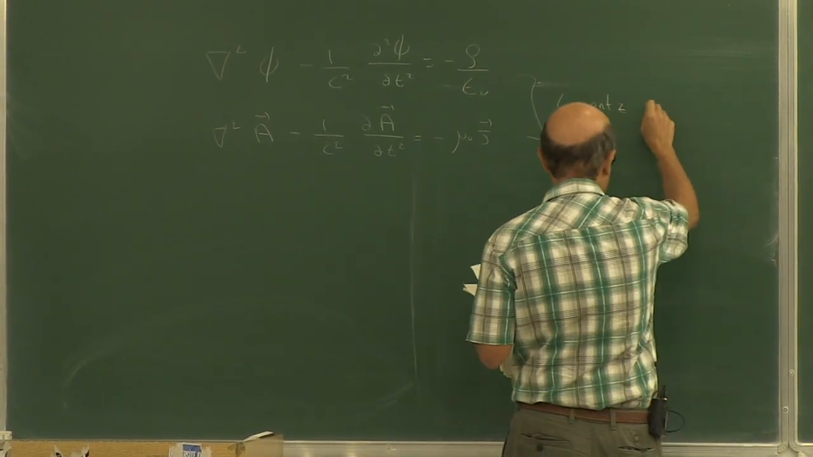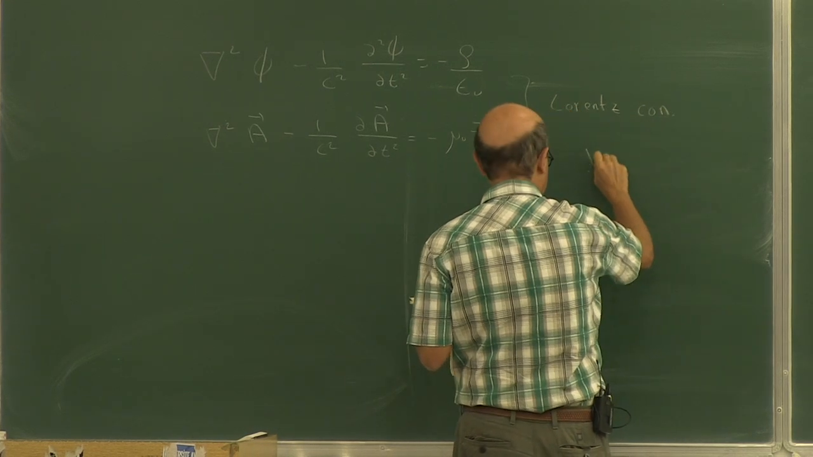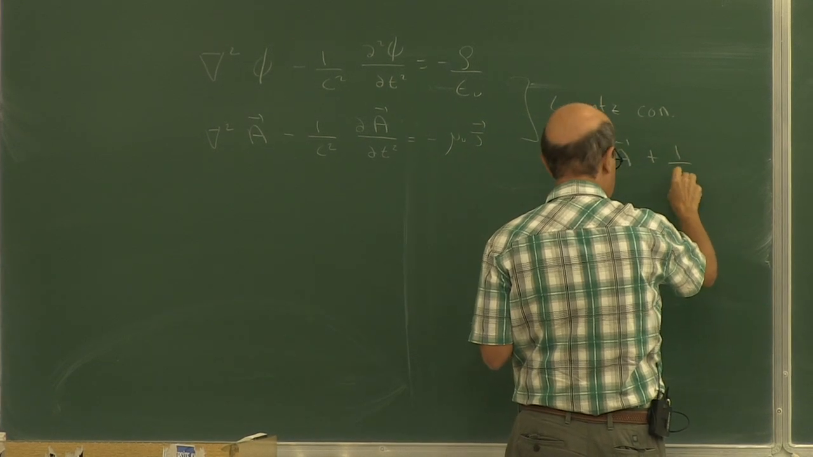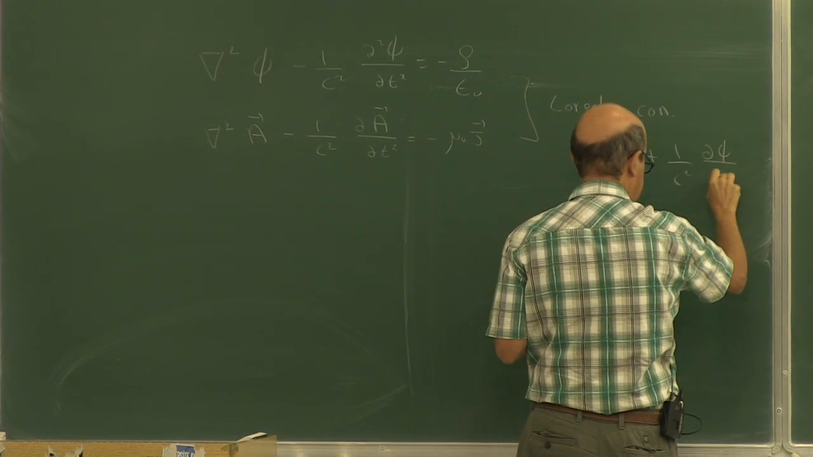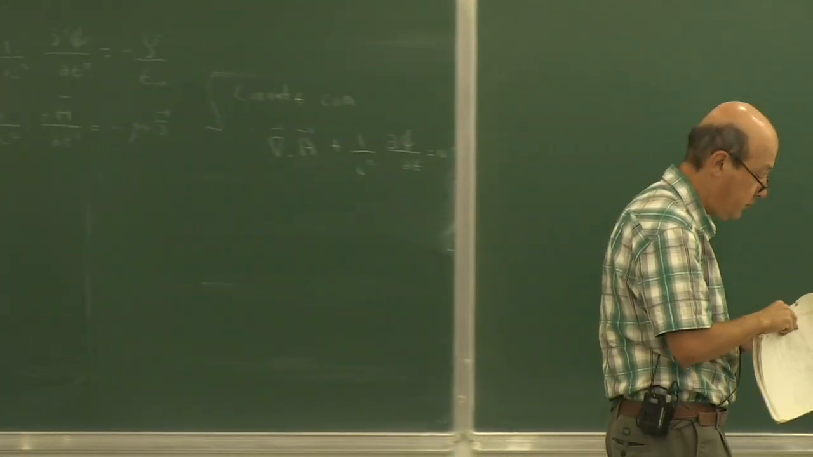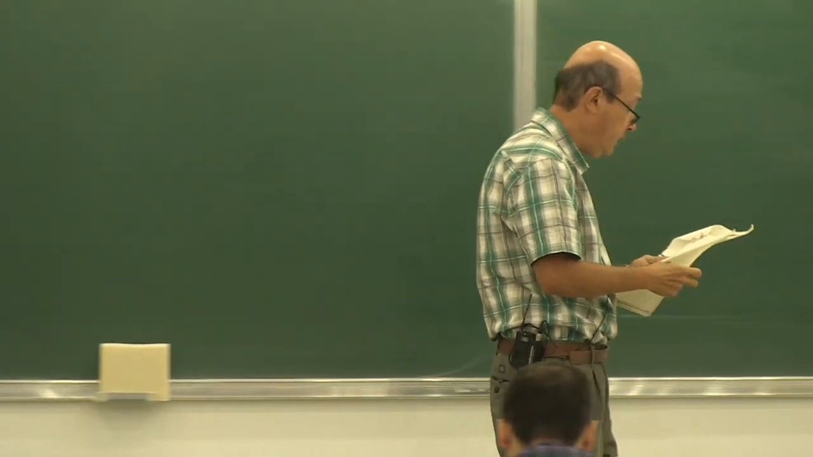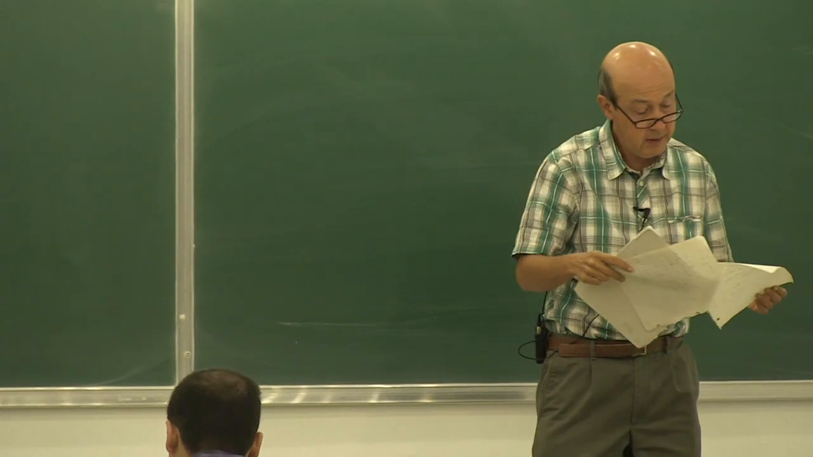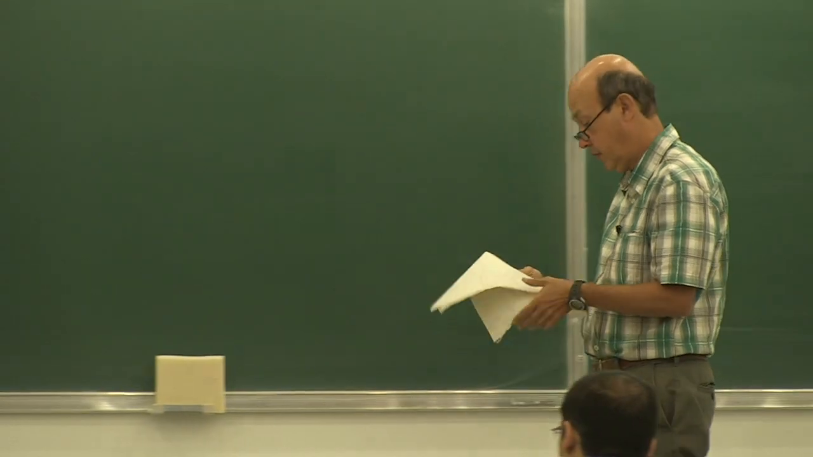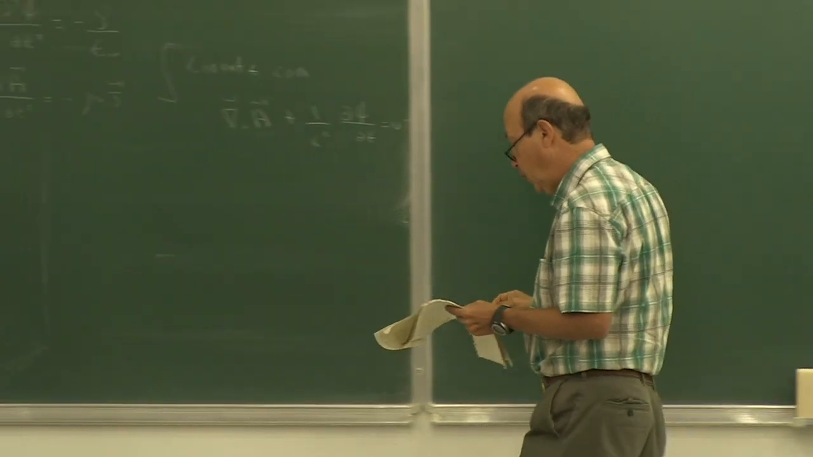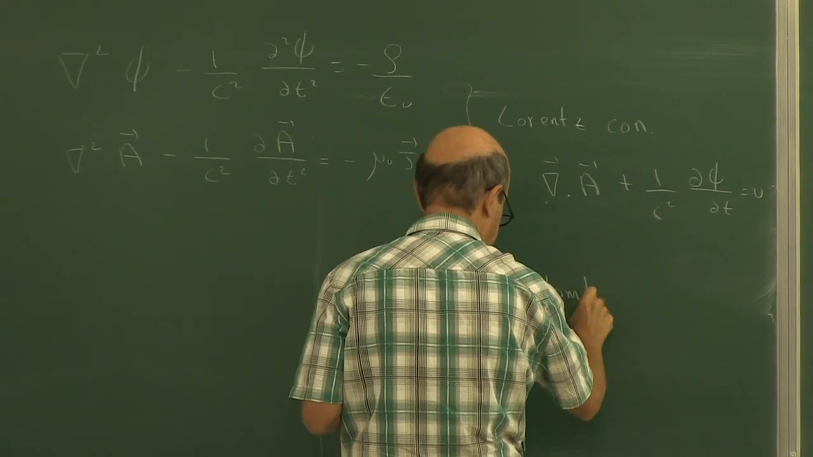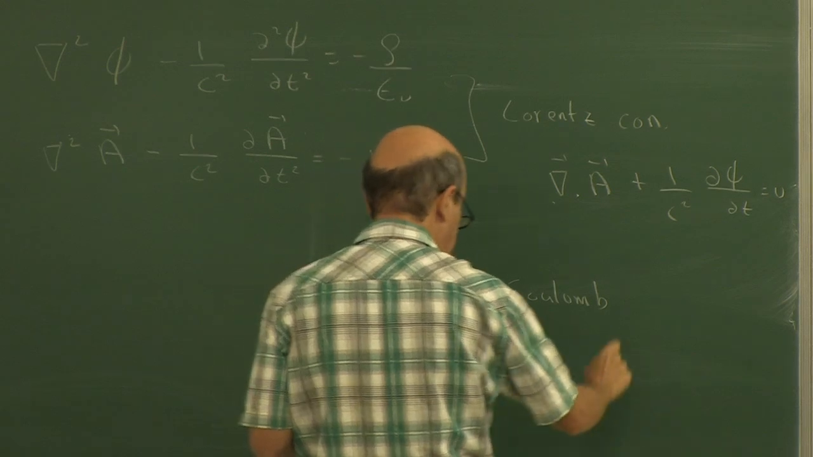Lorentz condition: del dot A plus 1 over c squared del phi over del t. So you can look at your lecture notes. And the other case was the Coulomb gauge. And for the Coulomb gauge,